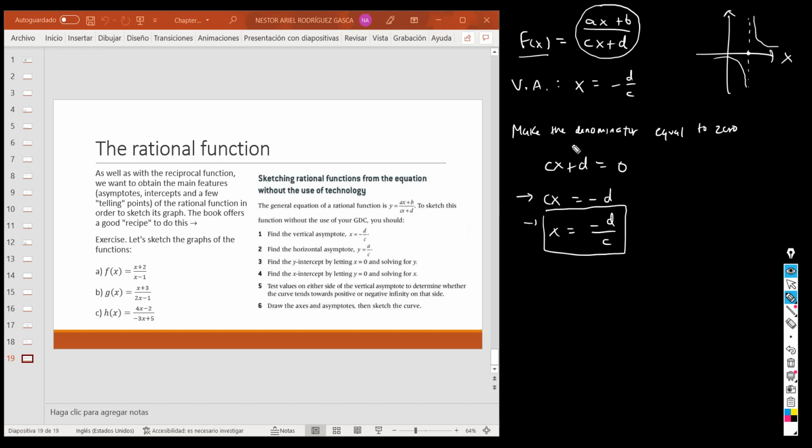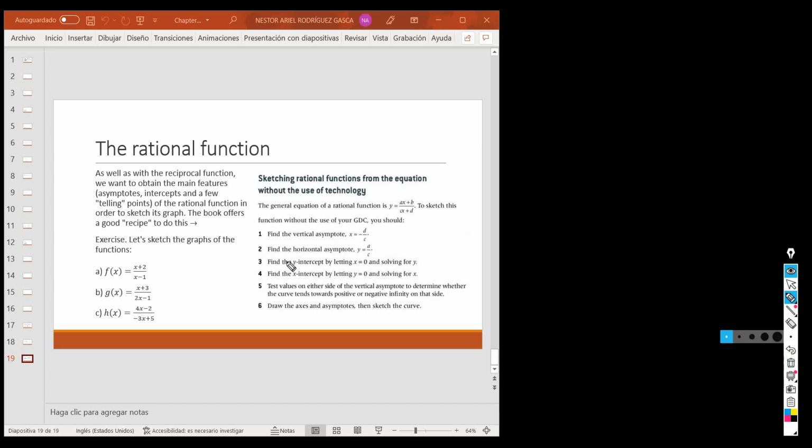It's like this, minus d over c. So there you go. We have proven that the vertical asymptote is this, right? Now for the horizontal asymptote, you have this function. Once again, there you go. And for the horizontal asymptote, remember what you have to do